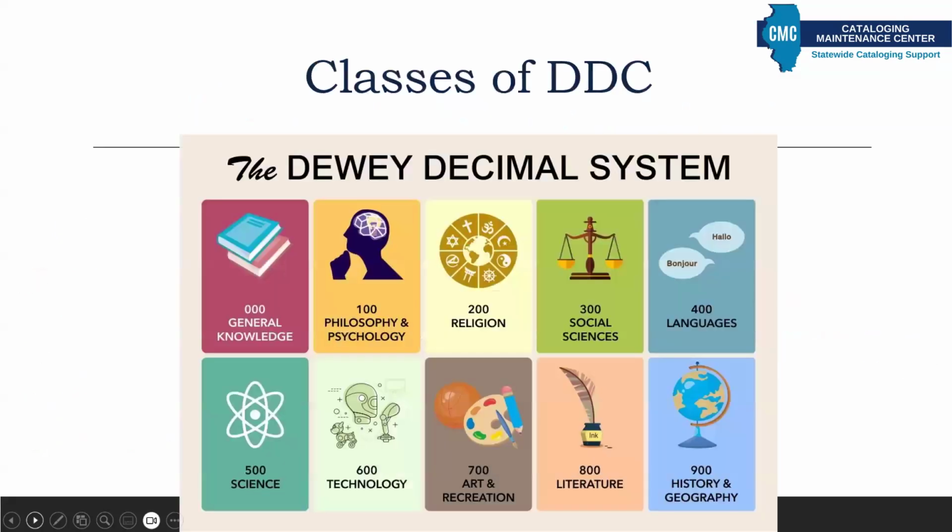So next, we're looking at something that's probably quite familiar for any of you that know Dewey. The Dewey Decimal System breaks down into main classes, which are the 10 major subdivisions of the DDC, represented by the first digit in the notation. Example, you have 3 in the social sciences. The first class is the 000, which is general knowledge,